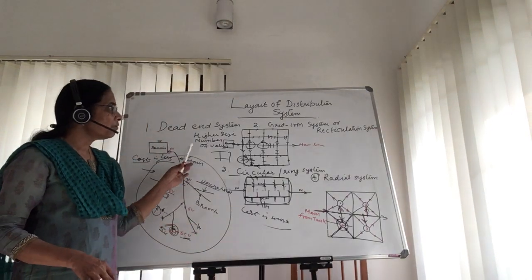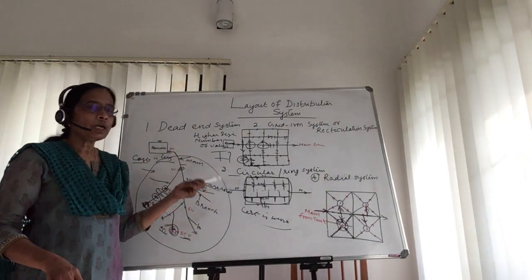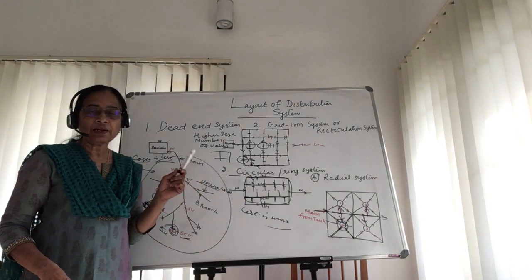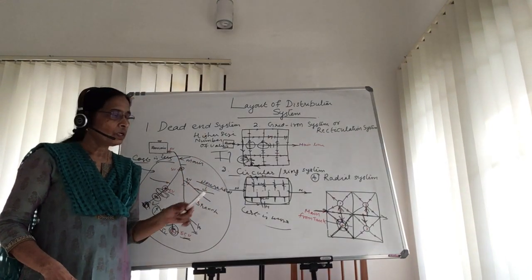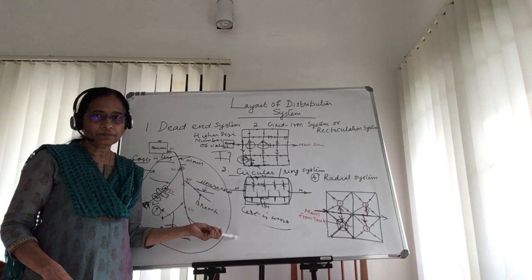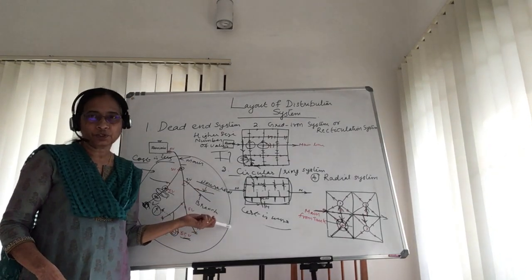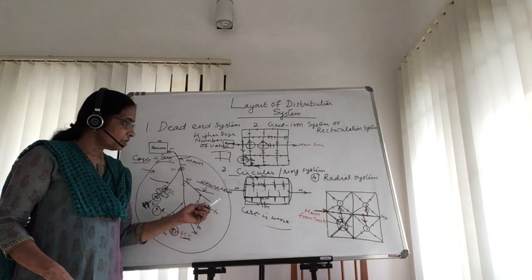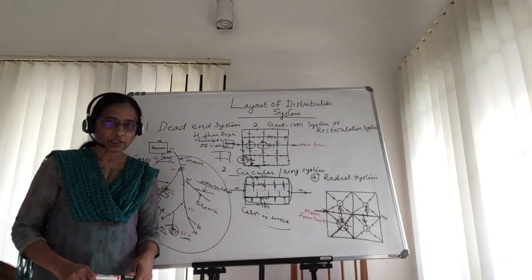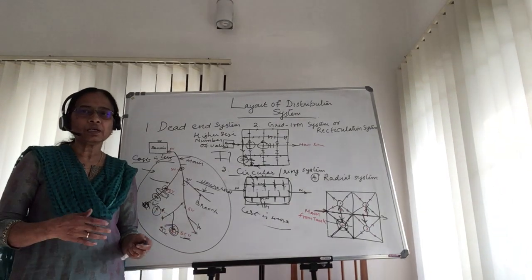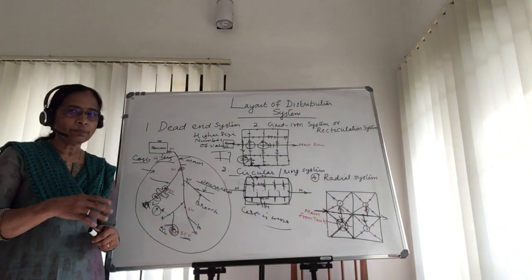So these are the 4 types of distribution system, or 4 types of layout of the distribution system. Usually in the examination they ask for the different patterns or different systems of distribution. Okay, so this is important for your examination as well as from your practical point of view. You have to know how to design and how to plan the network for a particular city.